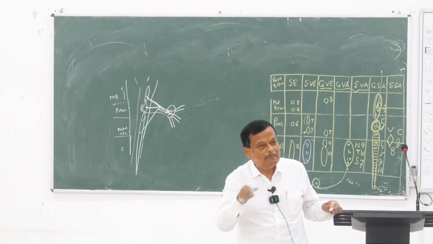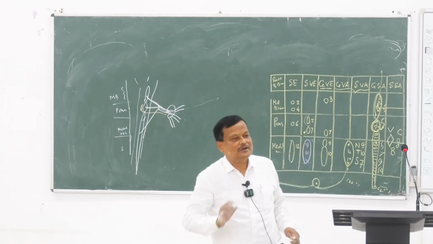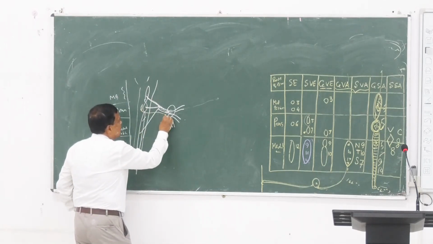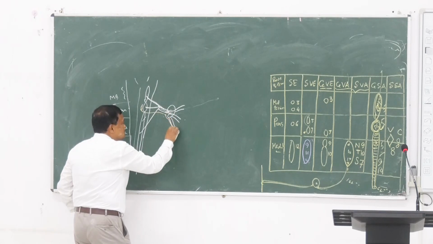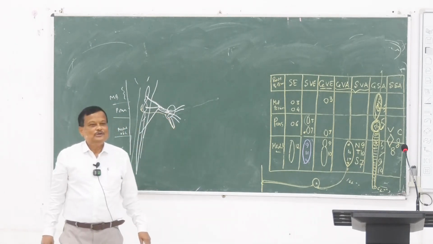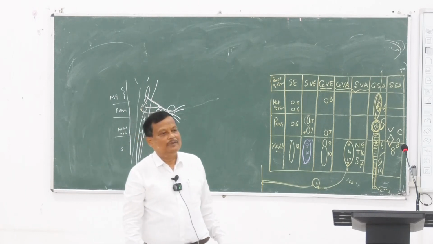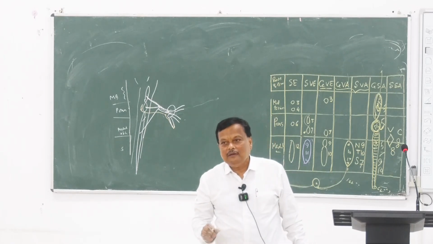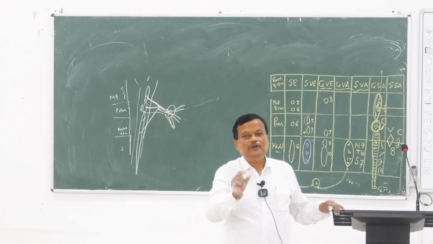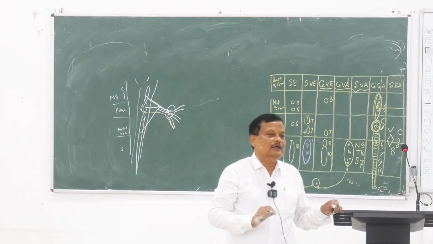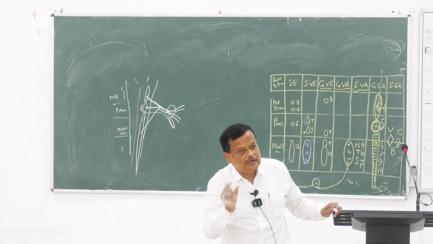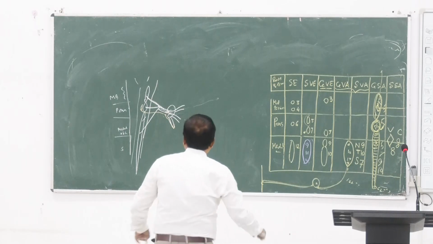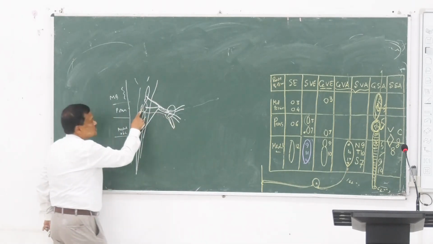What is the origin of the mandibular nerve? Partly trigeminal ganglion, partly... I asked this question deliberately here. Then the motor root passing under the trigeminal ganglion joins the mandibular division, making the mandibular division a mixed nerve, both motor and sensory. So origin of the ophthalmic division, trigeminal ganglion. Origin of the maxillary division, trigeminal ganglion. Origin of the mandibular division, sensory component, trigeminal ganglion. Motor component in the motor nuclei in the brainstem, pons.